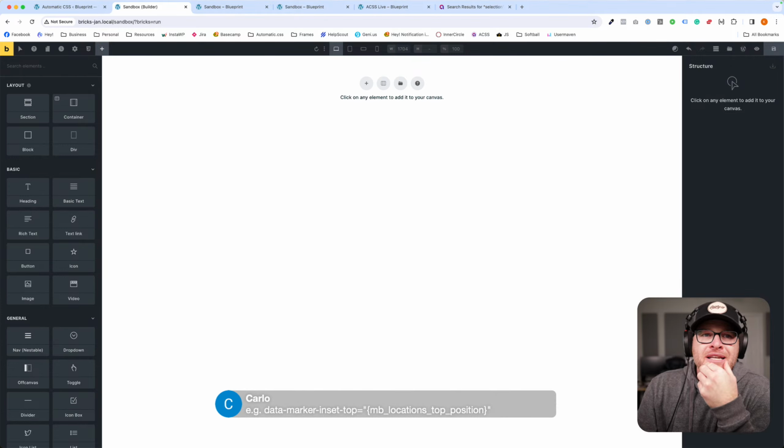Data marker inset top MB locations top position. Yeah, so if you're not using MetaBox, you're going to have an ACF custom field for your top position, and you just switch the dynamic data to that, and it's done. Okay,